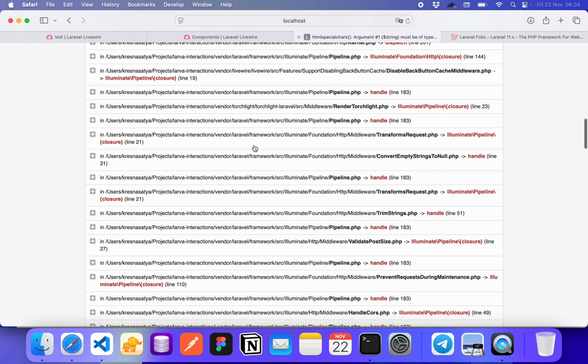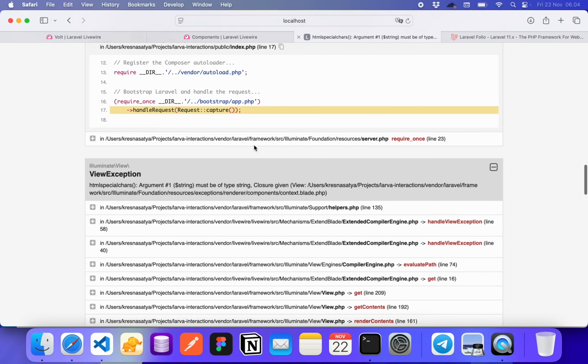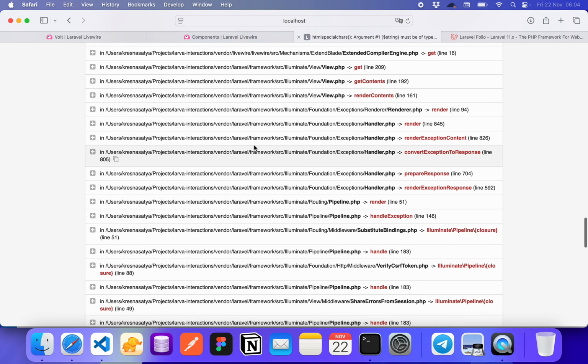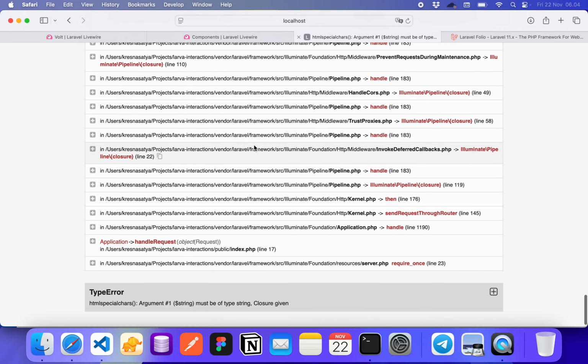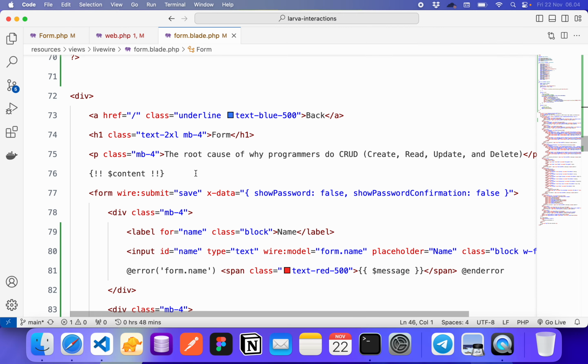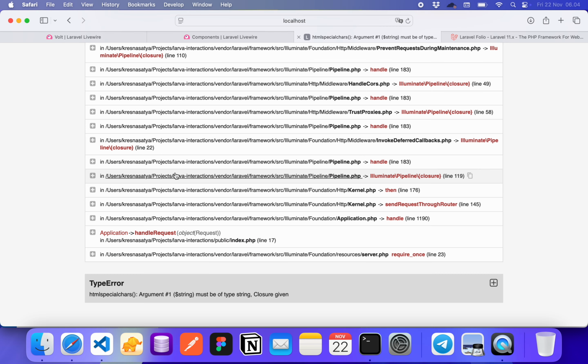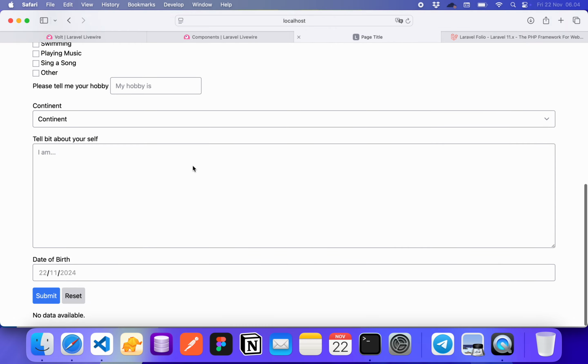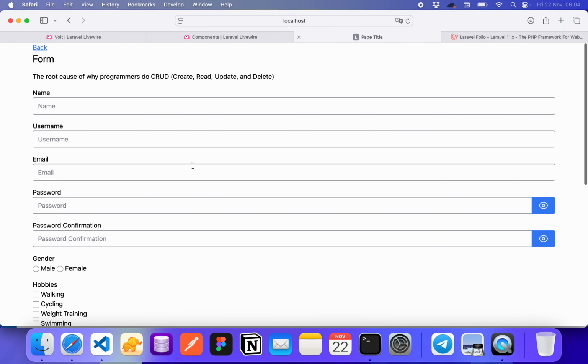If I scroll down here, I don't get the information I want, but I suspect that the root problem is in the content itself. So if I remove that and refresh, oh, it works.